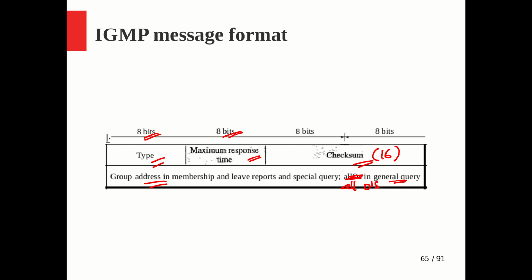Checksum, just like we have already seen in IP and other protocols. It is a 16-bit checksum, and it is generated for the entire IGMP message. The first row is 8 bits, which is 1 byte, so 1 plus 1 plus 1 plus 1, 4 bytes. The second row is again 4 bytes, because the group address is again a 32-bit IP address. So for this 8 bytes, the checksum is generated. The 8 bytes will be divided into 16-bit words, and we will add them and generate the 2's complement. The same procedure we saw in IP will be used here.